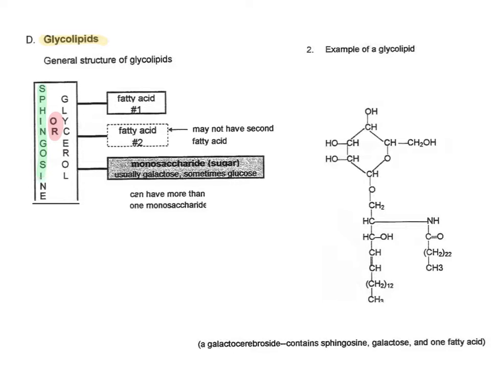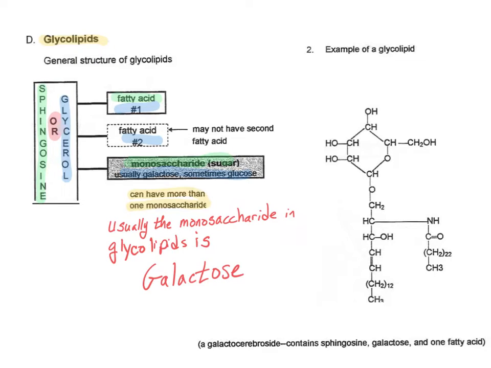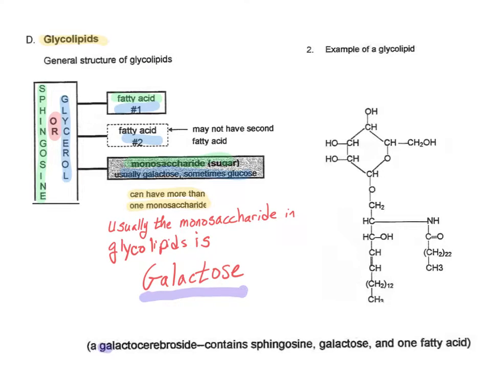In the case of sphingosine, it will have a fatty acid and then the monosaccharide, which is our sugar. In the case of glycerol, it will have two fatty acids attached and the monosaccharide, which we call a sugar. Generally, the monosaccharide can vary. Sometimes we actually have disaccharides or trisaccharides there, but there's at least one sugar present, and usually that sugar is going to be galactose. And yes, I do need you to remember that galactose is the sugar that we find commonly in the glycolipids. So here we have a galactocerebroside, and that means that it has galactose,